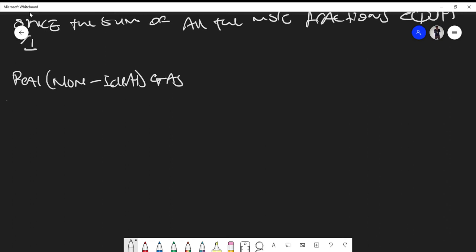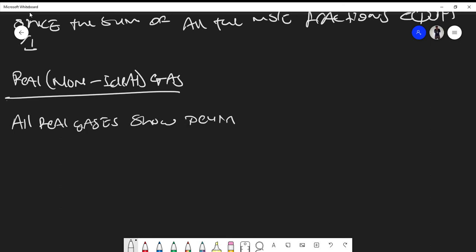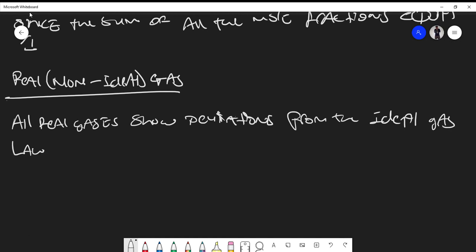So the first thing we need to know is that for all real gases, they show deviations from the ideal gas law,